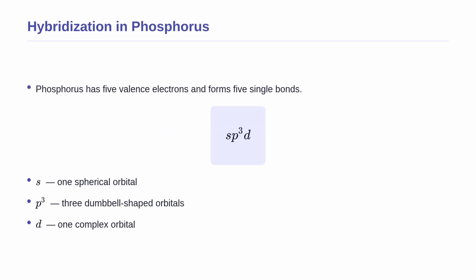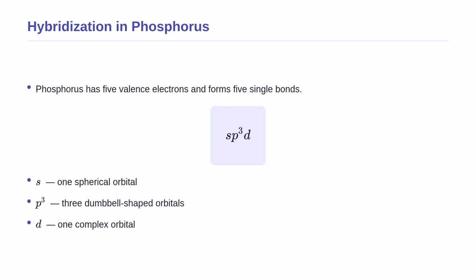Let us look at the mathematical notation for this mixing. For a molecule like phosphorus trichloride difluoride, the central phosphorus atom has 5 valence electrons and forms 5 single bonds. This means it needs 5 hybrid orbitals. It achieves this by mixing 1 s orbital, 3 p orbitals and 1 d orbital, giving us the hybridization formula